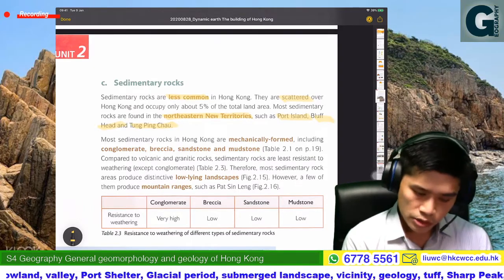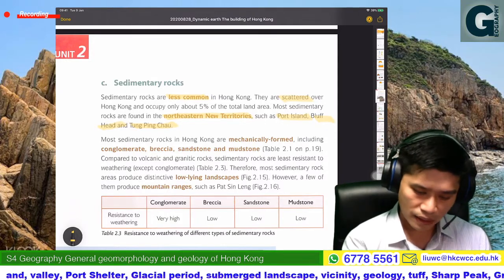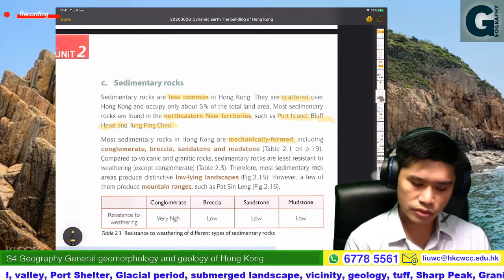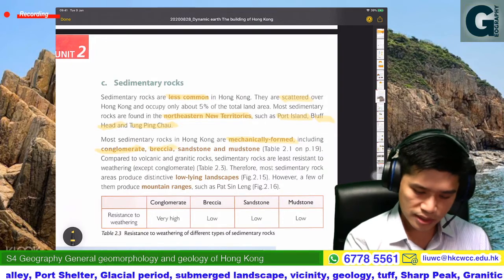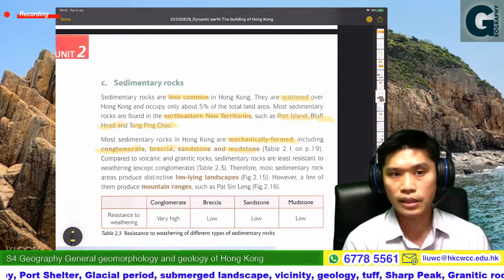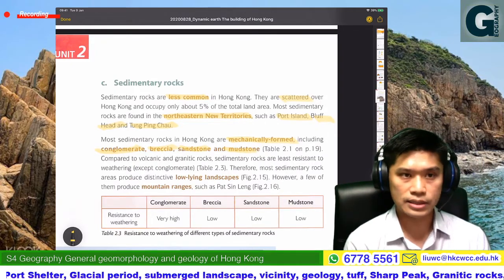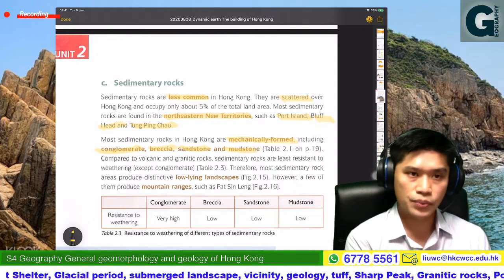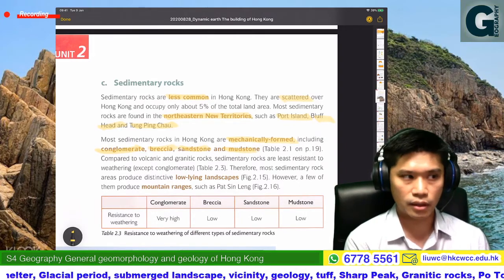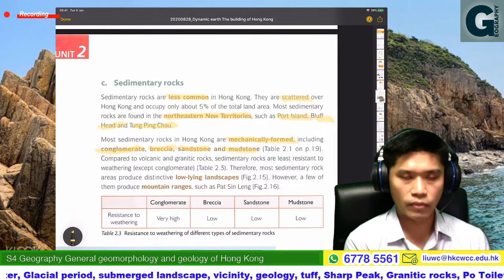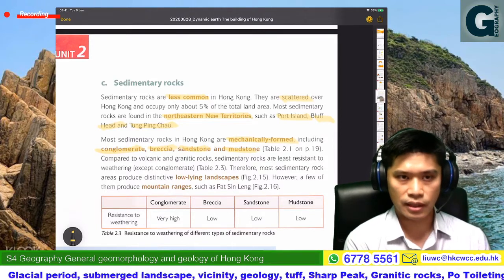Okay, so most sedimentary rocks in Hong Kong are mechanically formed, including conglomerate, breccia, sandstone and mudstone。咁呢啲就係香港有嘅沉積岩為主，conglomerate 礫岩、breccia 角礫岩、